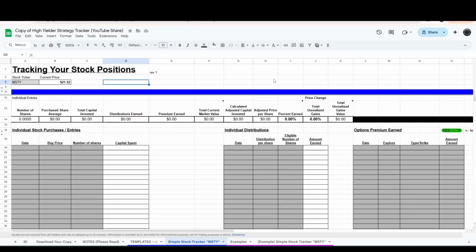there eventually. Just to show you that the sheet does work for a lot of different stock ticker symbols, I'll just enter in a few here just to show you that it will kick out that current price. So we are showing MSTY. I can use PLTY, and as you can see, it did kick out 62.04 for the latest current price on PLTY. I can even use it for the underlying PLTR,